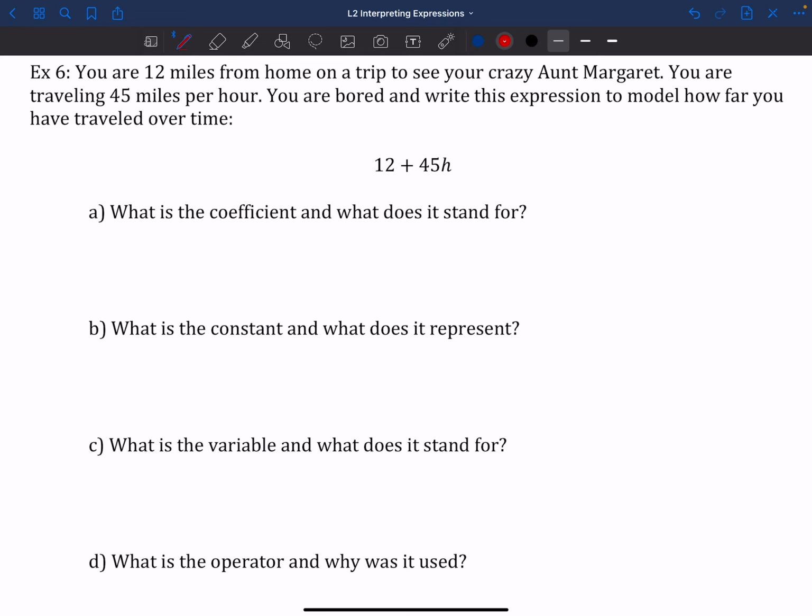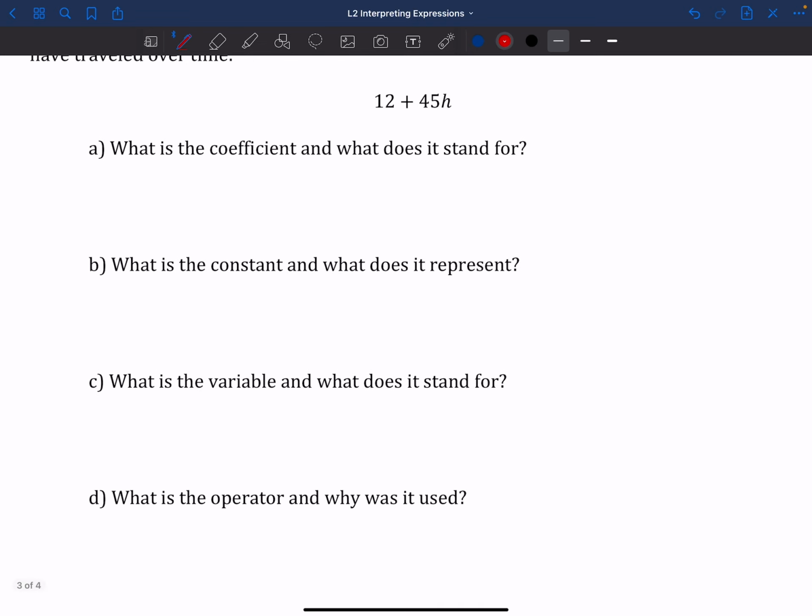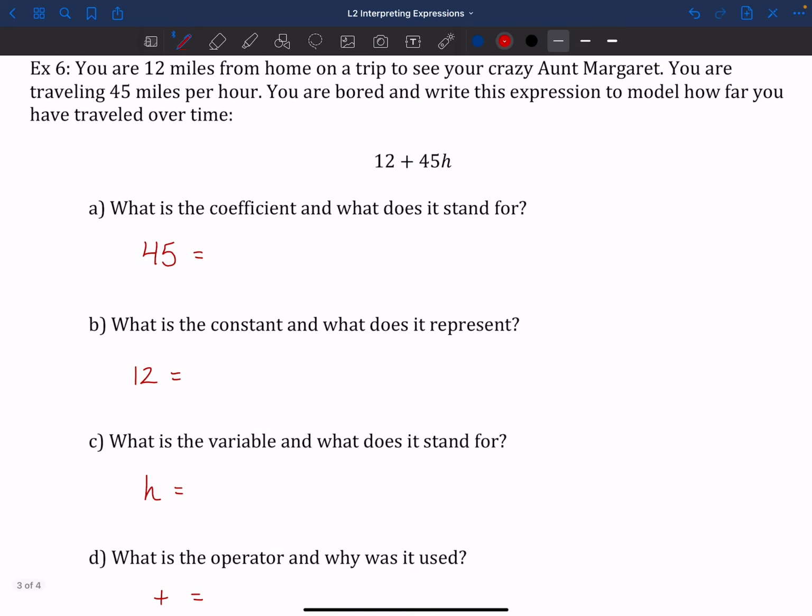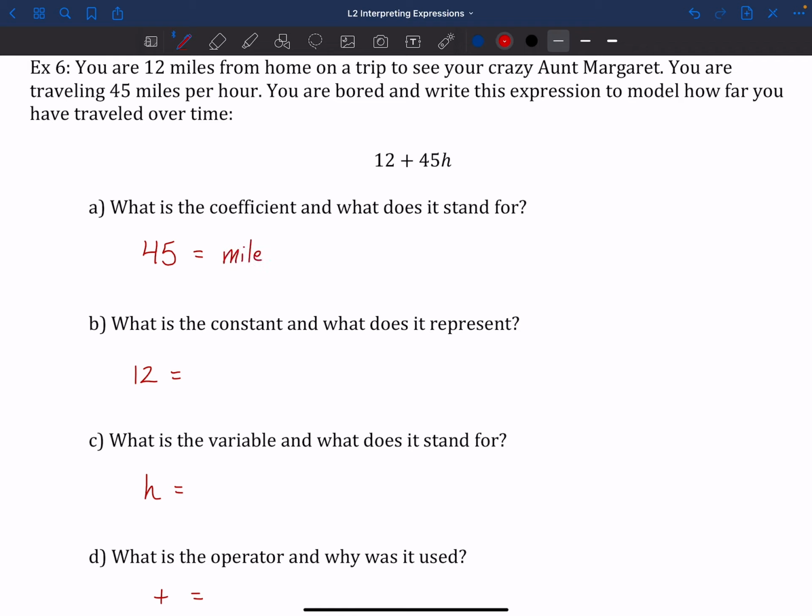So hopefully you gave it a shot, right? What's the coefficient? It's that 45. The constant is 12. The variable is h. And the operator is a plus sign, right? So looking back at the problem, we're traveling 45 miles per hour, right? So 45 is the miles traveled each hour,